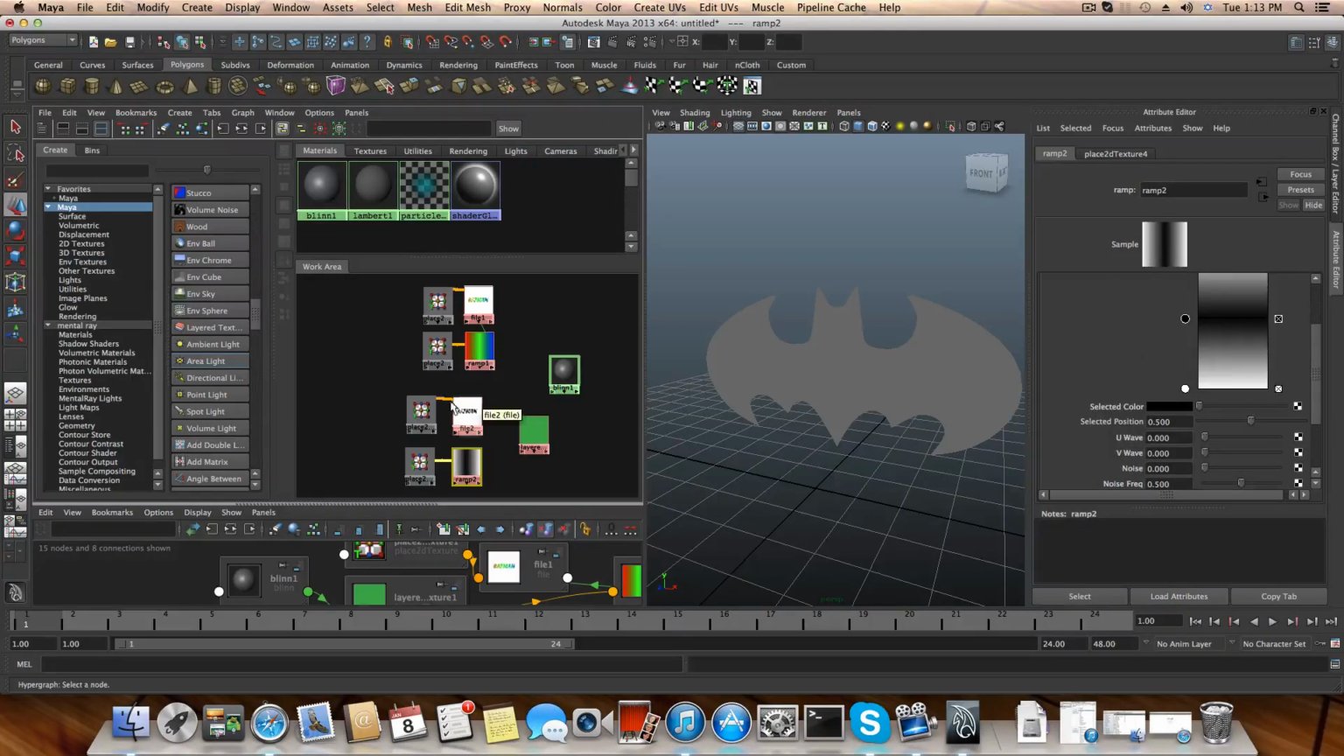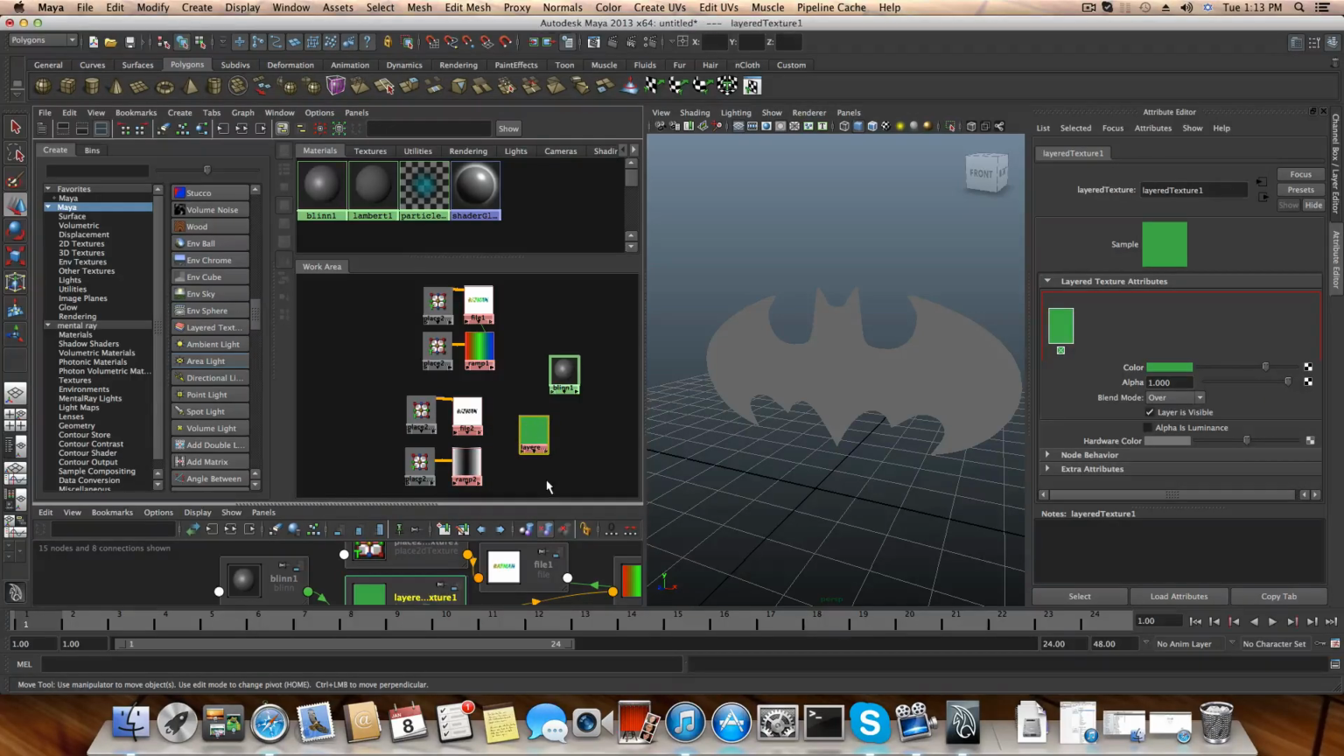Okay, so now you click on the layer texture node and you apply the file using your middle mouse key and drag it over here, this place on the layer texture, and release. So you will have another blue cube here, and the green one you can delete by pressing this X